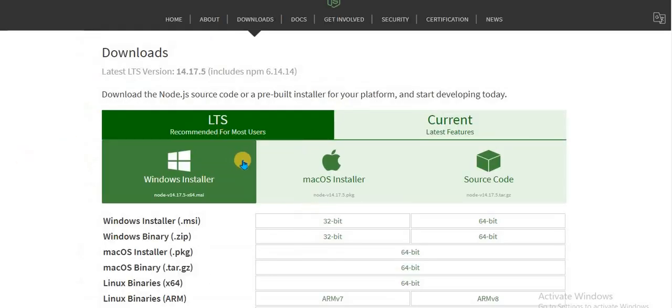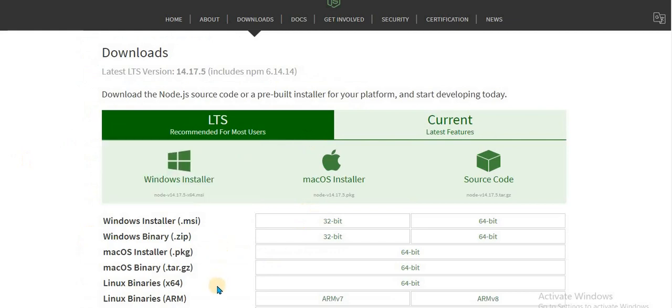I'm not going into the details of the download or installation process. They're super easy. If you are stuck, you can ask me in the comment section. I'll definitely try to help you out, or you may go to any other tutorials. There are really good tutorials and nice articles available online related to the installation process. So you can go through that, and I hope you will not face any problem. If you are facing any kind of problems, you can just write in the comment section and I'll get back to you. Okay, so this is the first step you need to do. You have to download Node.js with npm.